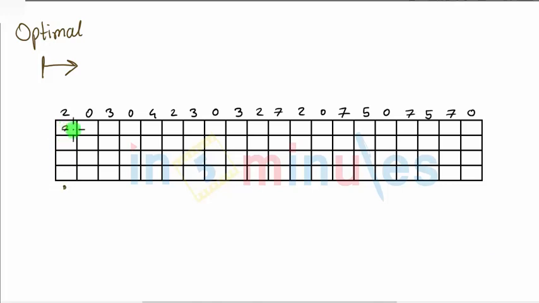We have a miss 2, miss 2 0, miss 2 0 3, hit 2 0 3, miss 2 0 3 4, enters. Hit 2 0 3 4, hit 2 0 3 4, hit 2 0 3 4, hit 2 0 3 4. So 2 0 3 4, hit again. Now finally 2 0 3 4, miss.